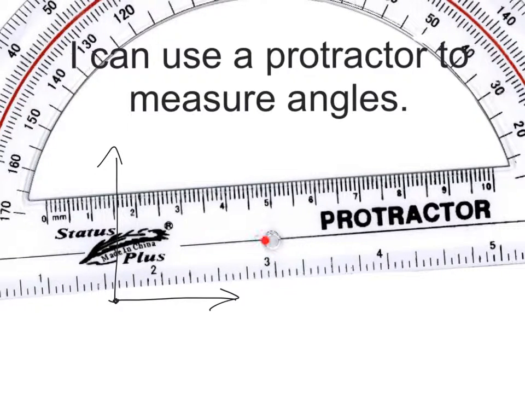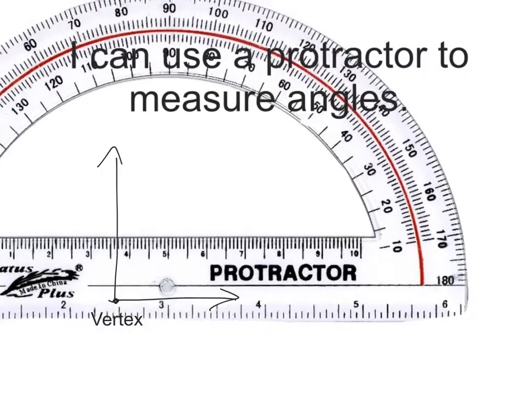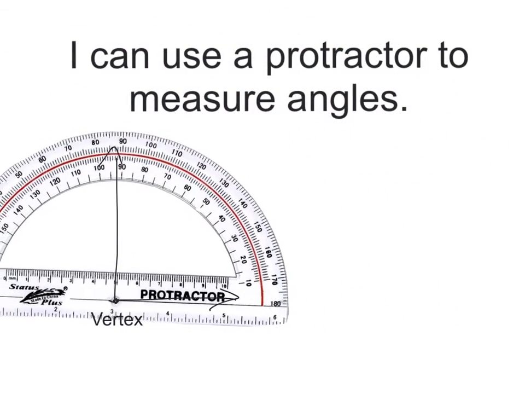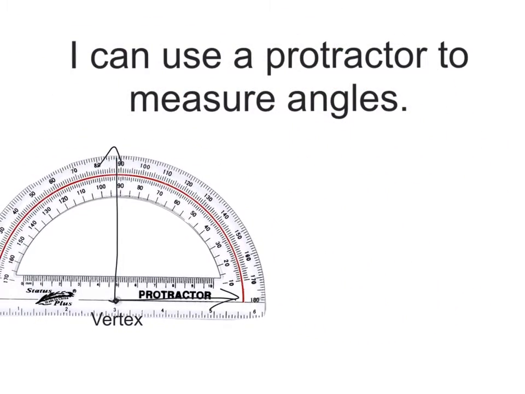So notice that there's this line right here. Some protractors look different, but there will always be a place for you to line up the endpoint, or the vertex of the angle. The vertex is where the angle is formed, the endpoint where the angle is formed. Now I'm going to take this protractor and I'm going to lay it right over this angle, and I got to put that point on there, and I'm going to line up